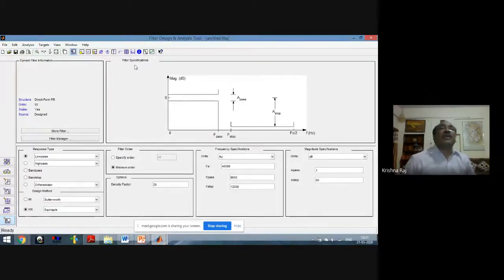So there is a need of the filter specification, that is the conversion of the ideal terms into practical work. And what is the filter specification? For that purpose, we have to use that type of approximation, how the transfer function will be calculated, and so on, and how we will calculate the cutoff frequency, pass band frequency, stop band frequency, and how we will calculate the pass band attenuation, stop band attenuation, and what must be the transition band. After these calculations, we will get these values, and then we will put these values here.